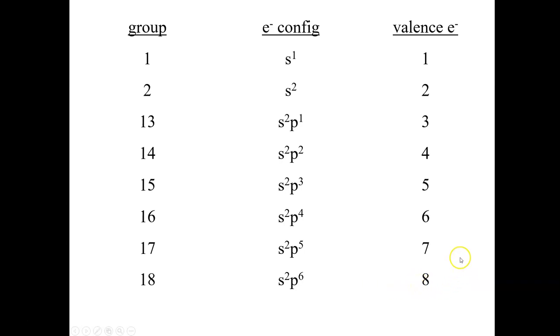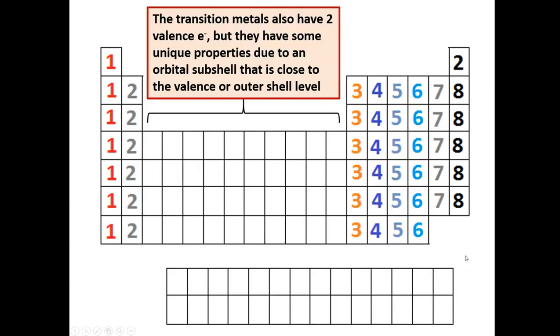Okay, nice, simple, easy pattern, right? Group 1 always has 1 valence electron. Group 2 always has 2 valence electrons. 13 is 3, 14 is 4, 15 is 5, 16 is 6, 17 is 7. Now 18 is 8. I do want to point out that helium right here in the upper right hand corner,